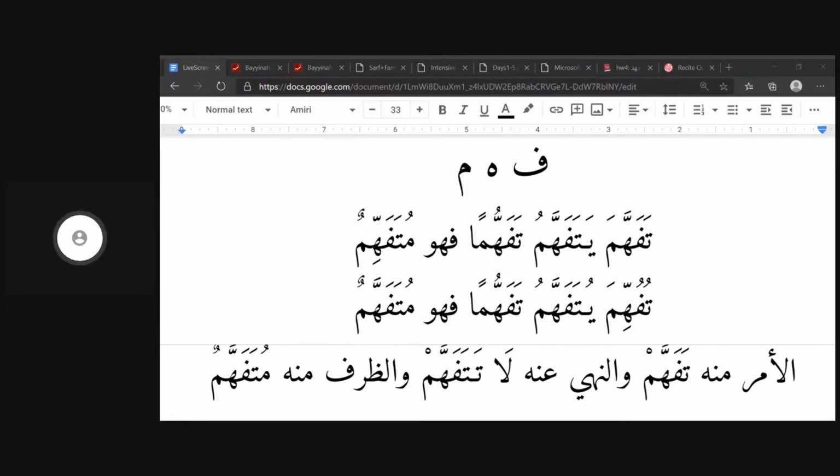Why does the fa'il on the active line have a kasra, shouldn't it have fatha? No, we learned yesterday, Ustad mentioned that the ism fa'il always, and also before that, Khadija, don't call it the fa'il. It's not the fa'il, it's an ism fa'il. Two different terms, two different sciences. Fa'il is from nahu, ism fa'il is from sarf. Okay? So we learned that ism fa'il will always have the kasra. Ism maf'ul will always have the fatha.